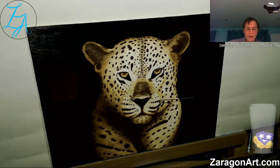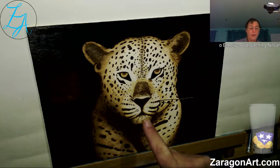So what I'm going to do is leave it for 24 hours, take another look at it then, and that will help see anything that I've missed, because it's very easy to get used to overlooking something. You see a mistake and either go, I'll fix it tomorrow or next time, or your eye just stops seeing it. Go away, completely different environment for a little while, come back in, and mistakes just stand out at you. Actually, what's missing is whiskers,